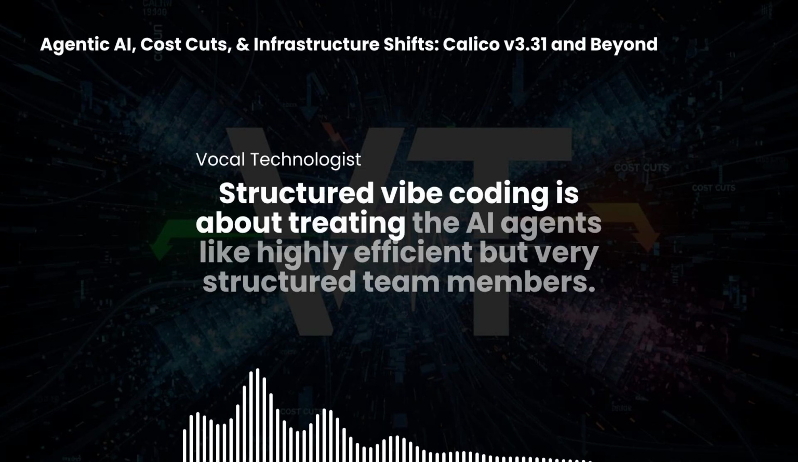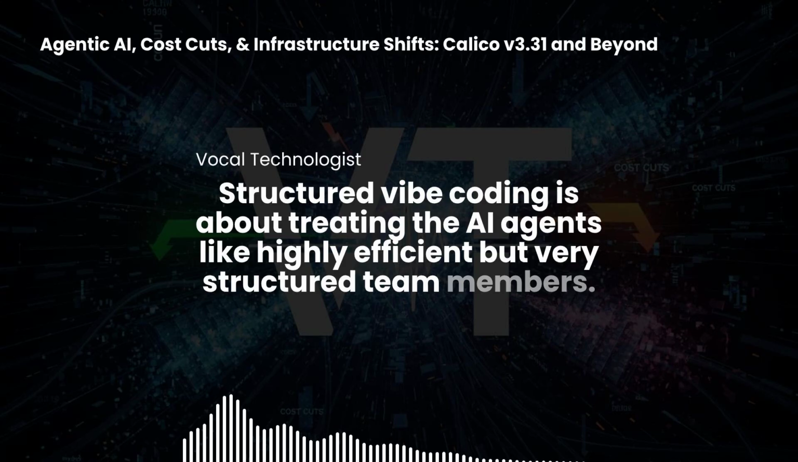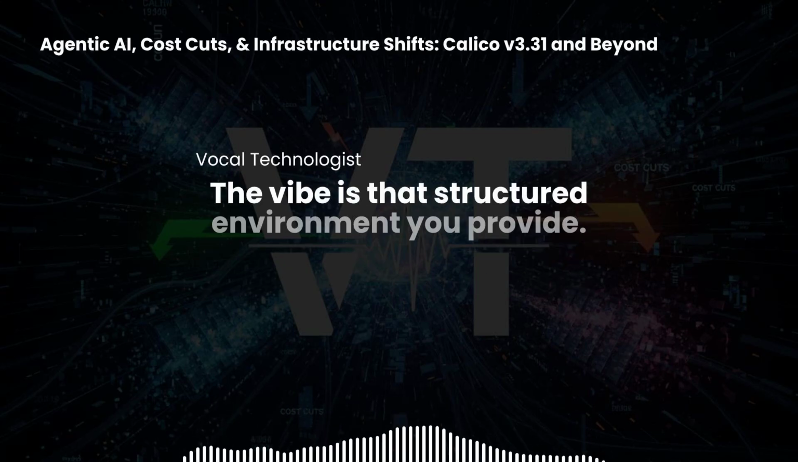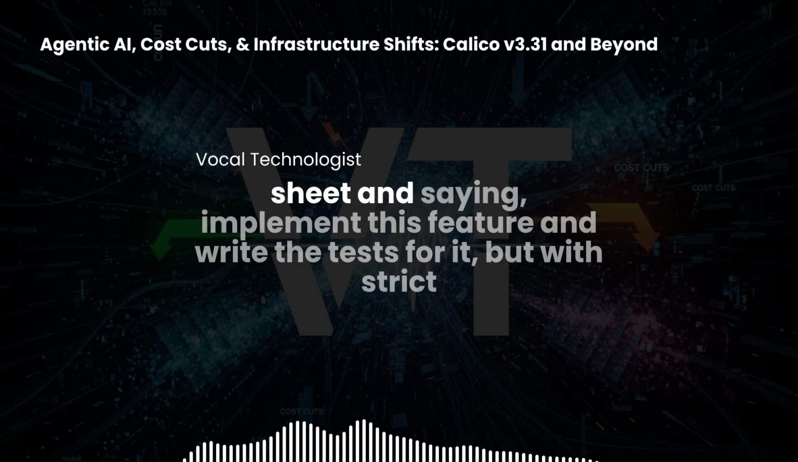Structured vibe coding is about treating the AI agents like highly efficient but very structured team members. You guide them with clear, spec-driven development. The vibe is that structured environment you provide. Yeah. So instead of asking Copilot to write one function, I'm giving an agent a full spec sheet and saying,